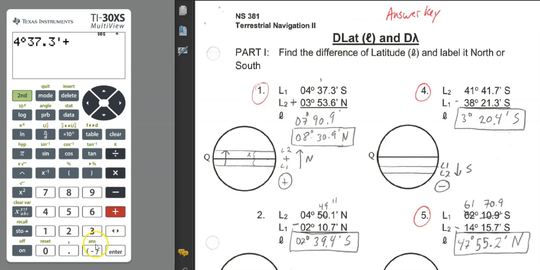Now I'm going to add in 3, second. All right, it's degrees, enter. Now I'm going to put in the 53.6, second, angle, arrow down, minutes, enter. And now when I'm done, I've got everything plugged in there, then I just hit enter again. All right, and I got